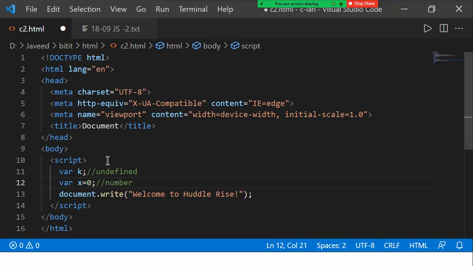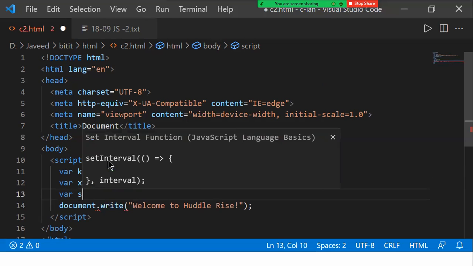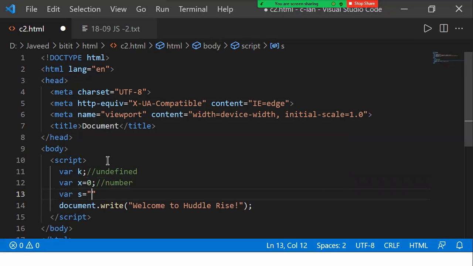For example, I'm writing x is equal to 0, it'll understand, okay, you are having an integer value in this one. If I'm writing s is equal to, using double quotes, something like apple, then JavaScript understands that you have placed a string in that one. What is a string? It's a set of characters, we call it. The set of characters is what you call a string.